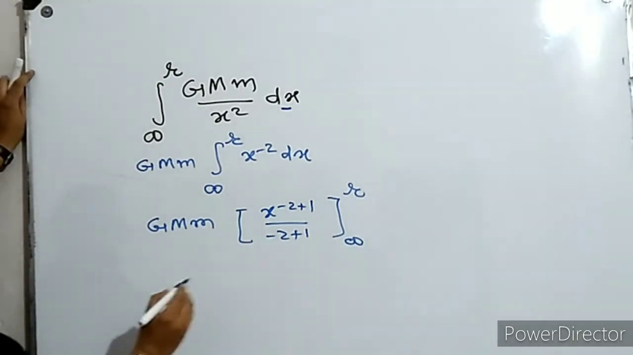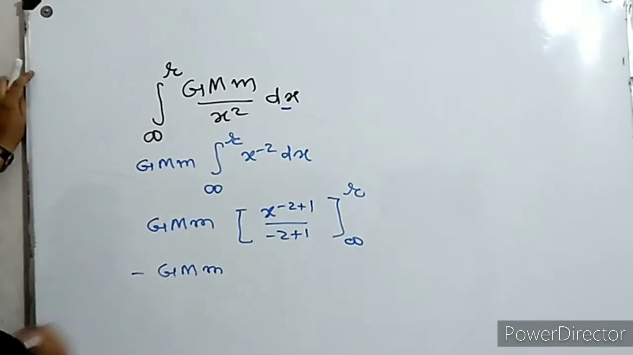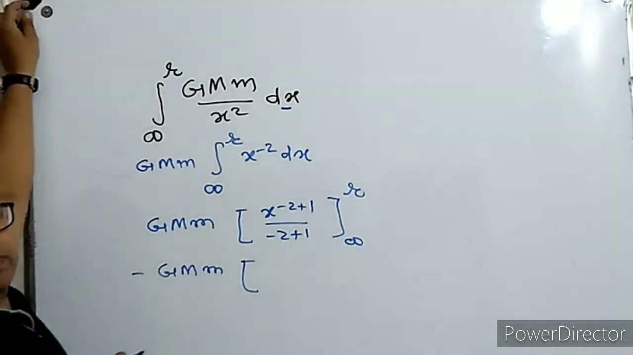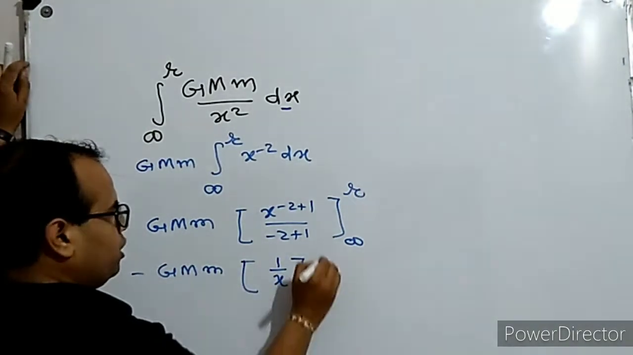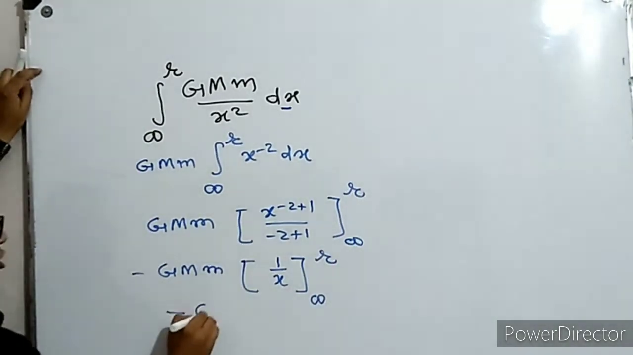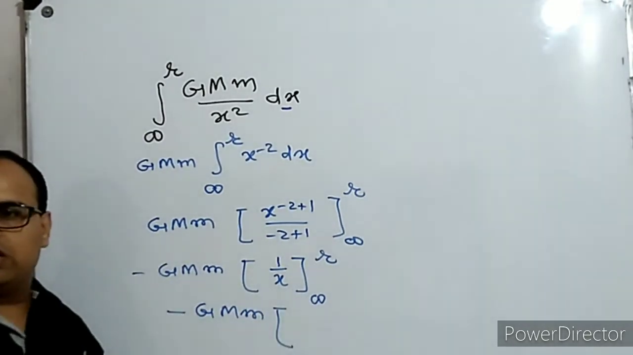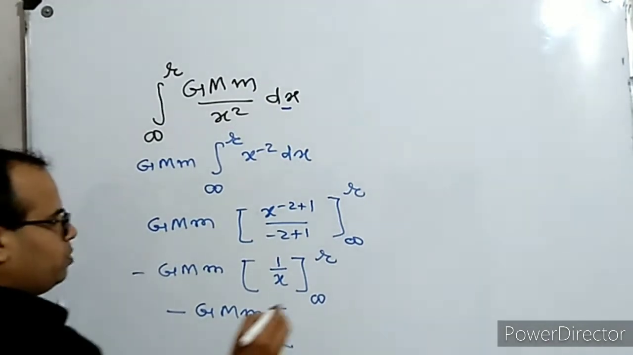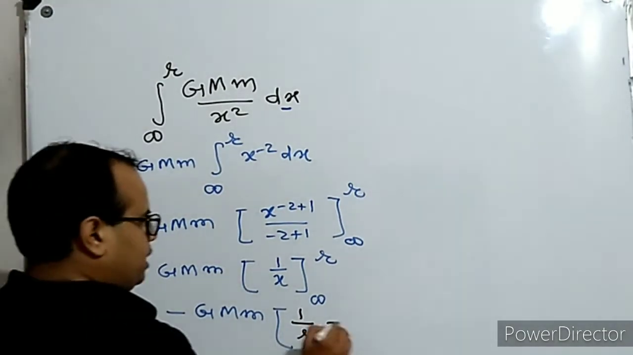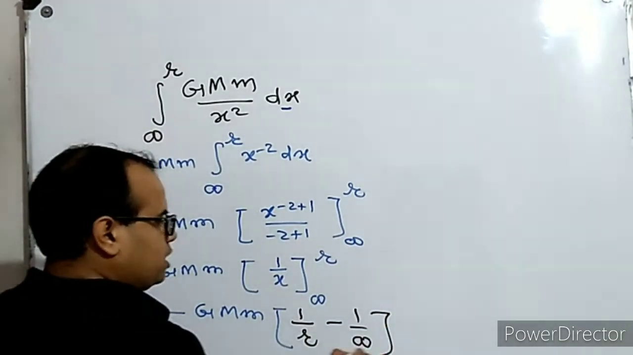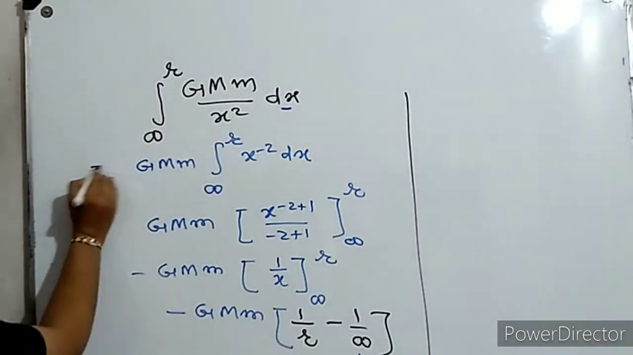Okay, now this is GMm. Minus 2 plus 1 would be minus 1, so it is minus here. x to the power minus 2 plus 1 will give you x to the power minus 1, and that gives you 1 upon x, and the limit is from infinity to r. Now minus GMm. Okay, and you know how to substitute the limit: upper limit minus lower limit. So in place of x, first you will substitute the upper limit, that is 1 upon r, minus 1 upon infinity. You know that 1 upon infinity is 0, so you will finally be getting the result